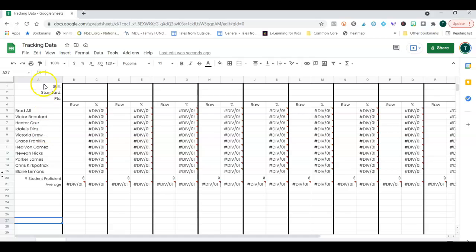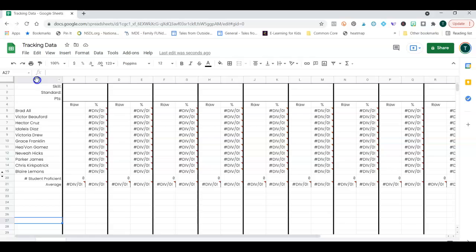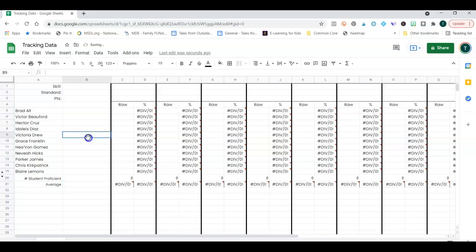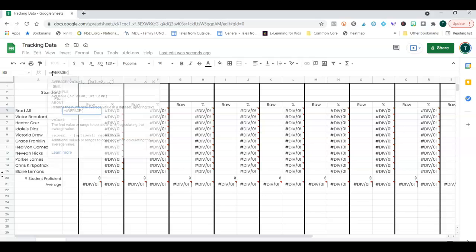One more feature I want to show you: I can come all the way over at the end, or I can choose to do it here. I'm going to insert a column and make it a little thinner. I'm also going to make an average score for each student. So I can select here, click that equal sign, and again, average. And this time, instead of that continued range like I showed you earlier, I'm going to pick each column that I need. So you notice here that average percent is